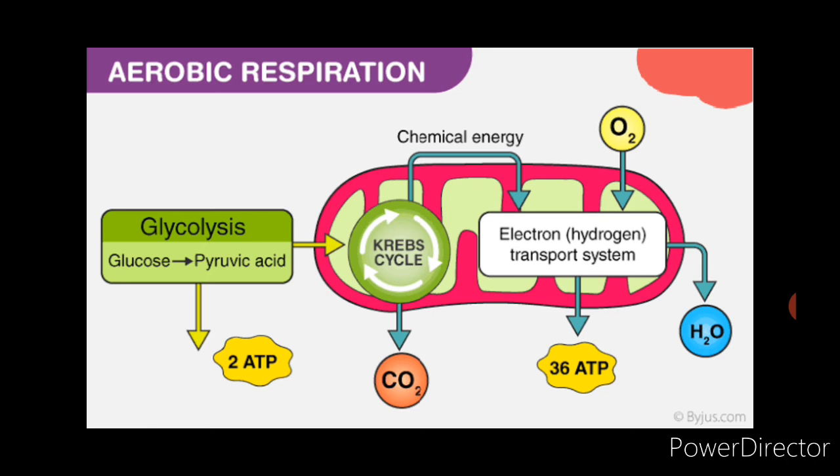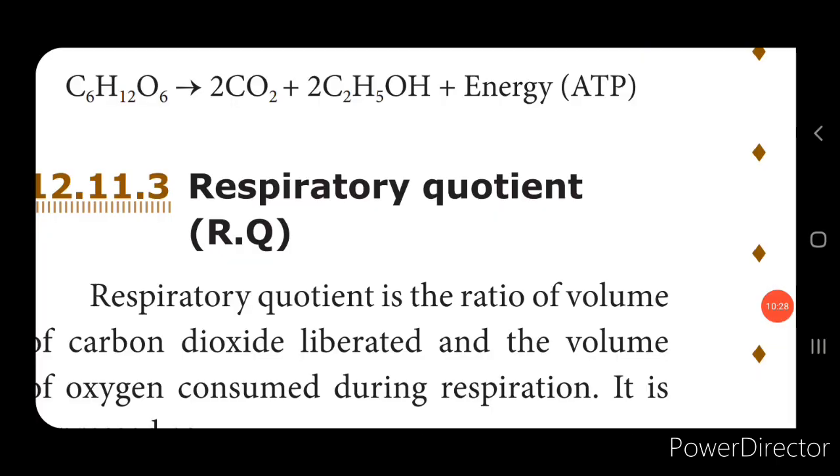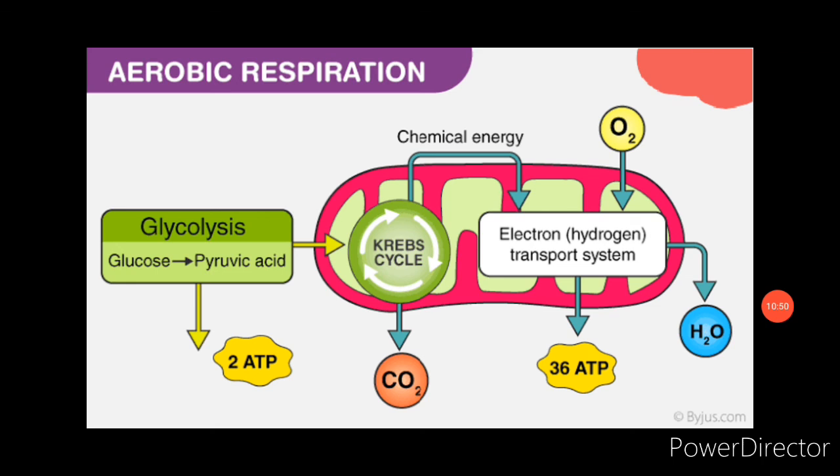And in this process, these electrons are absorbed by oxygen and it gets reduced into water. So this is how carbon dioxide and water are released, and energy in the form of ATP, in aerobic respiration. Now when we talk about anaerobic respiration, here the glucose is converted into ethanol, carbon dioxide and energy, isn't it? The energy released in the form of ATP is more in aerobic respiration than in anaerobic respiration.